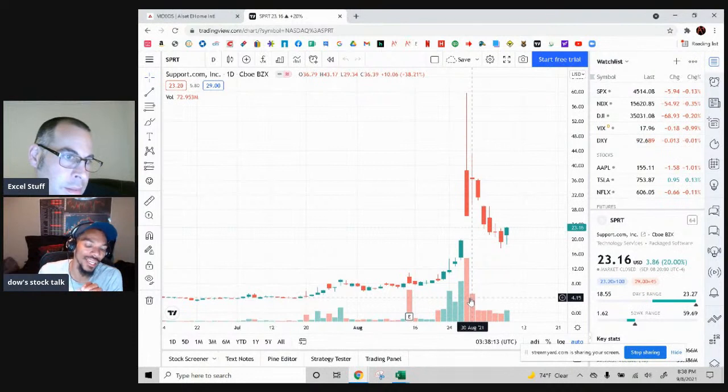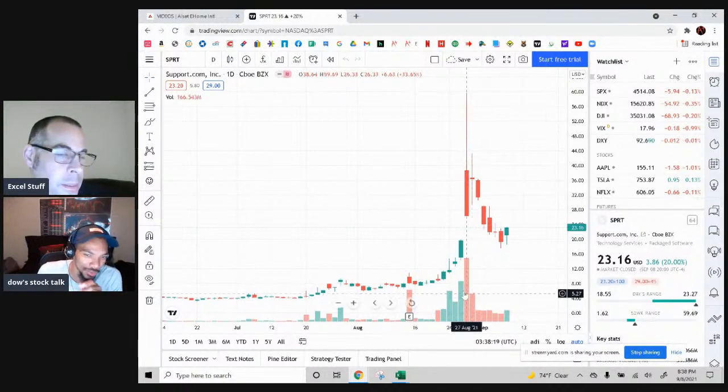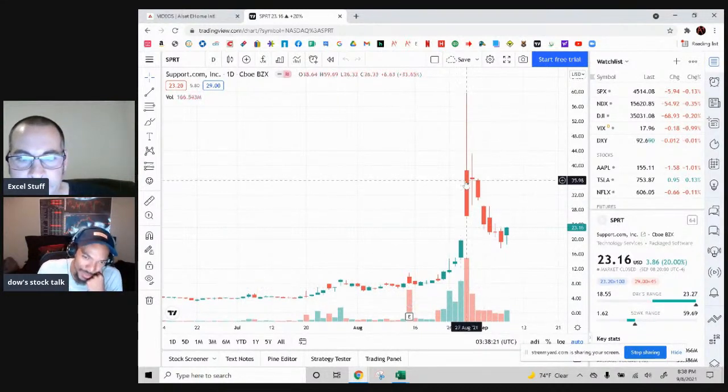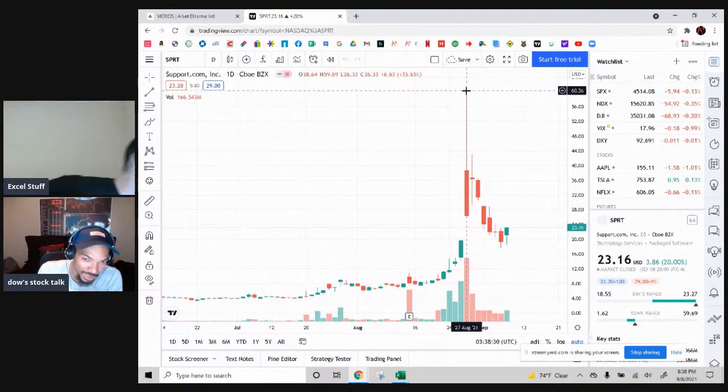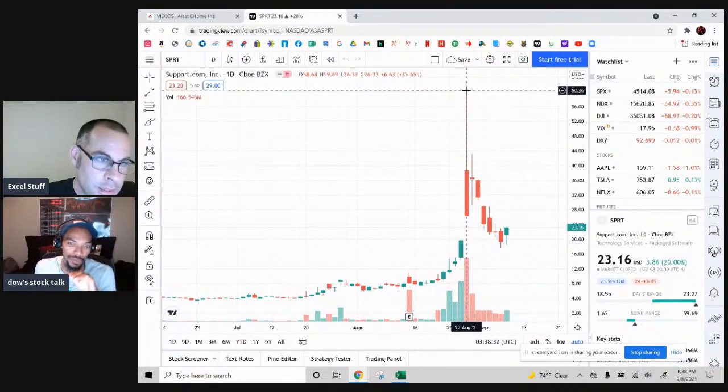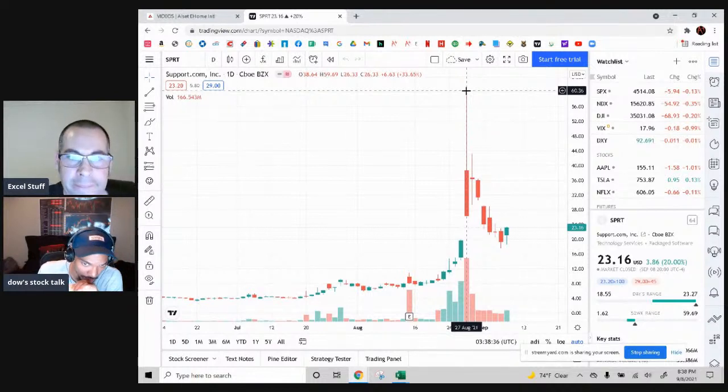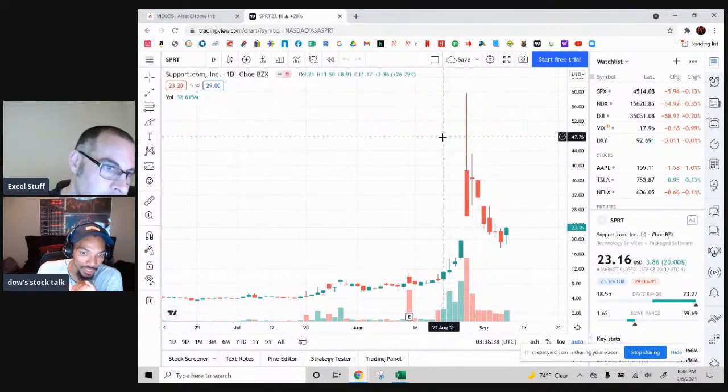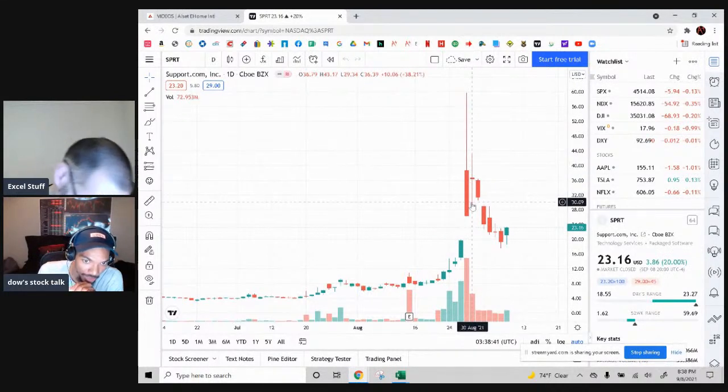I can't exactly remember the reason why that candle was red, but when you see that, I wouldn't pay attention to the color in this instance. Even though that one is red, since it's higher than the green one, I would